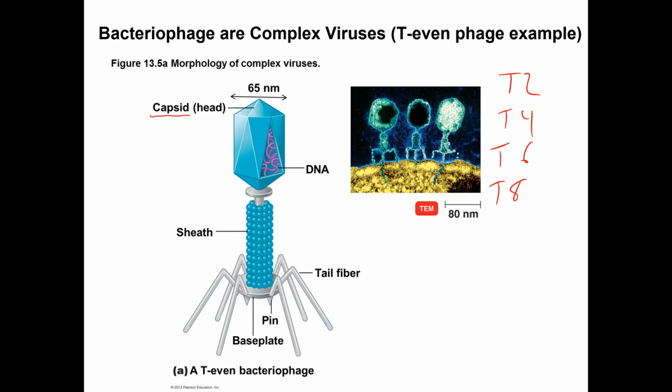Alright, so at the top of my evil little moonlander here, I have the capsid. And as you can see in the cross-section, it is polyhedral and packed with DNA. Now attached to that, we have the tail sheath. This is very much like a spring. Okay, so treat it like it's a spring.